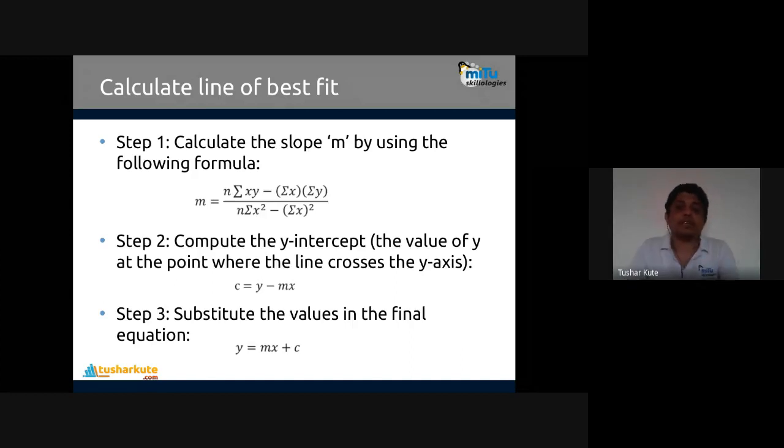So compute the y-intercept, the value of y at the point where the line crosses the y-axis. When you draw this line, at the position where it crosses the y-axis, the y-intercept is present. It will be crossing somewhere because it's a linear regression. If it is not crossing, then that will be infinity. Remember, that is only if an exact vertical line is created, but that's not the case.